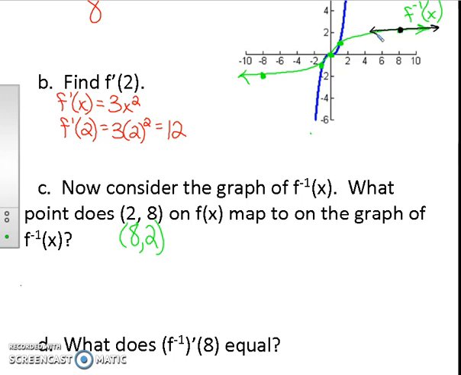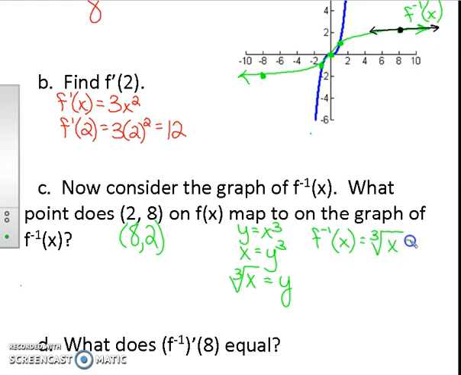So let's think this through here. Think about, first off, what is the equation for that function that I just graphed, that lime green graph? Well, if we think back to what we were saying about swapping the y and the x's to find the inverse function, we would take y equals x cubed, which is our original, swap the x and the y, and then if I was going to solve that for y, that would mean I would have to cube root both sides. So the inverse function is the cube root of x, or x to the 1/3 power,